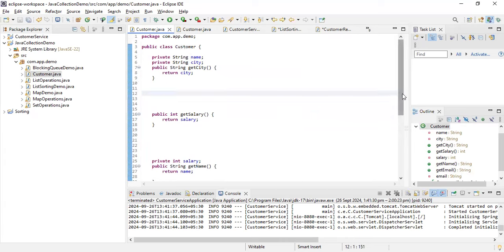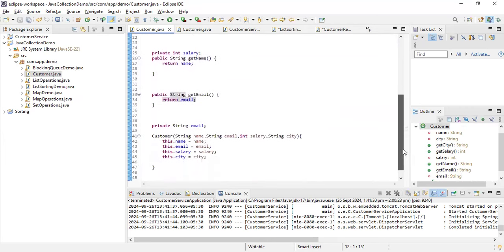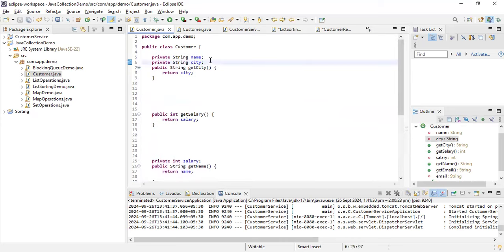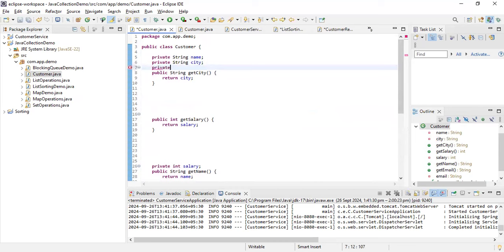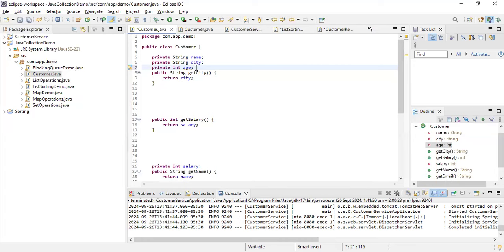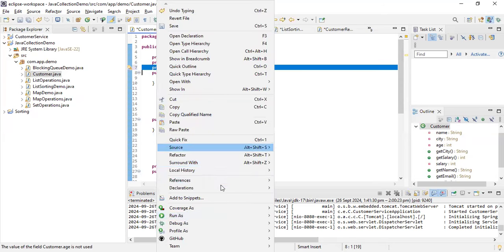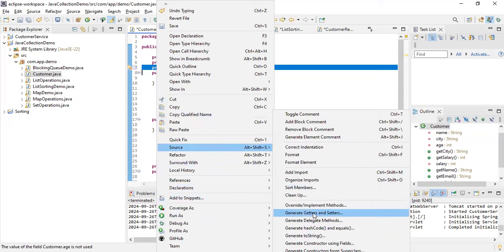And these are the parameters for a customer. So if I wanted to sort based on the age, based on the salary, right? As of now, I don't have age, but let's say I add one more field here, private int age, correct? So as of now, how many fields do we have? These three, and there are two more fields, salary and email, correct? So we will see many such operations. I will create a generator also for this. So in total we have 5 fields, and you can go to source and generate a generator.